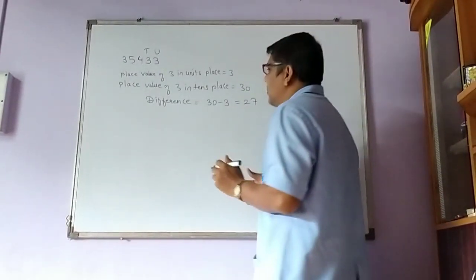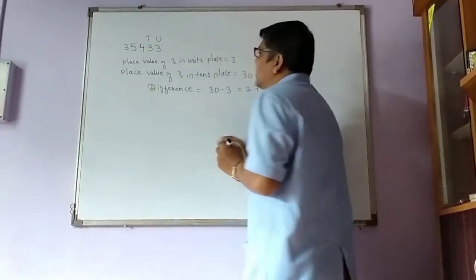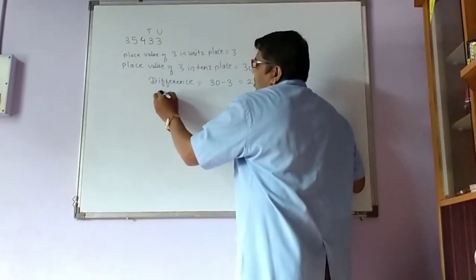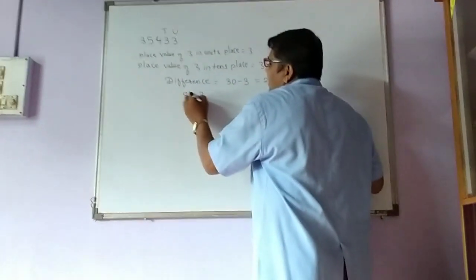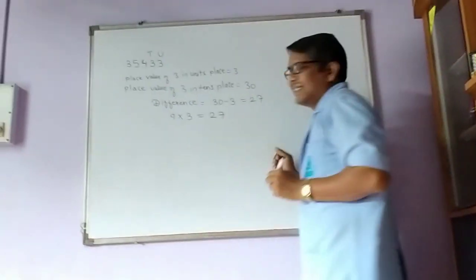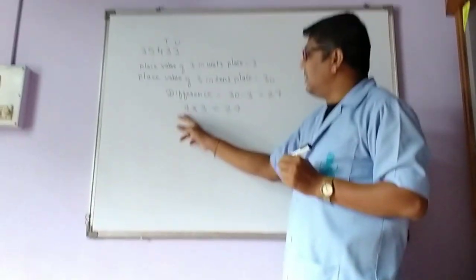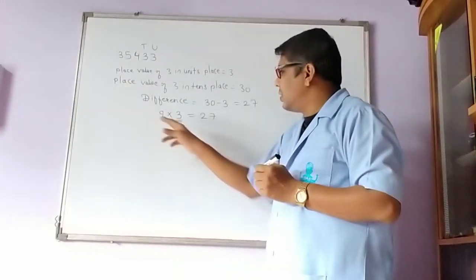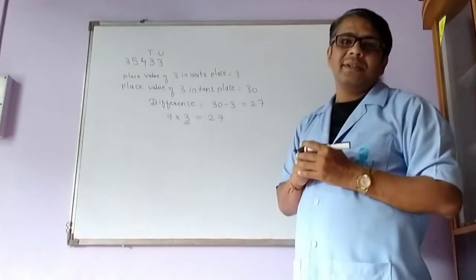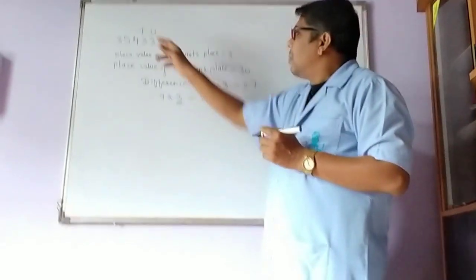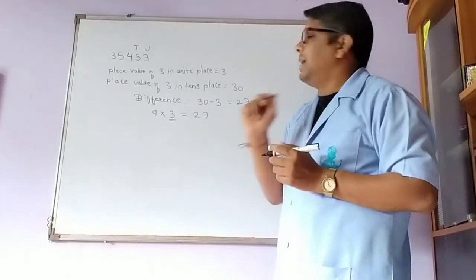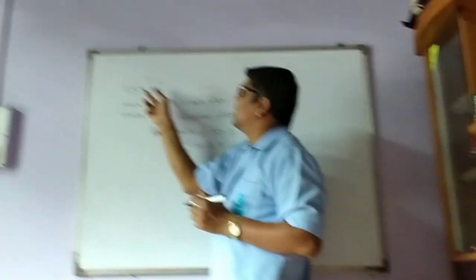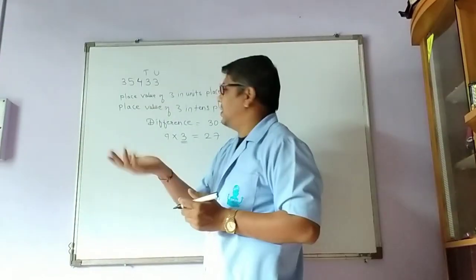Right? So, how many times is it of this digit? See here, 9 3s are 27. So, it is 9 times the digit which is present here. Right? So, it is 9 times the digit which is present in the units place and tens place. Now, suppose there is the same digit in units place and hundreds place, let us see.